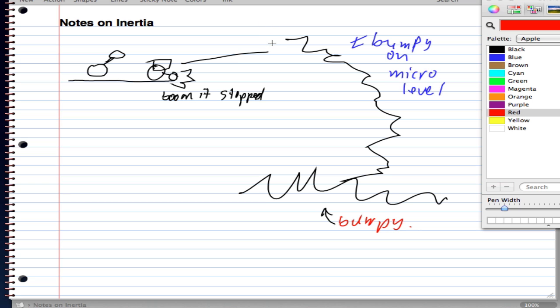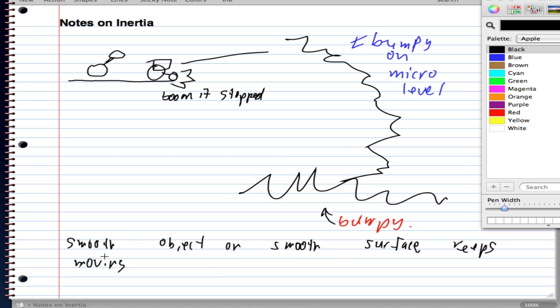The way we were able to actually see this was that we asked ourselves a hypothetical question. We said, okay, if you roll a bowling ball on a desk, and it's a perfectly smooth bowling ball and a perfectly smooth desk, what would happen? And what we realized is that a smooth object on a smooth surface keeps moving,